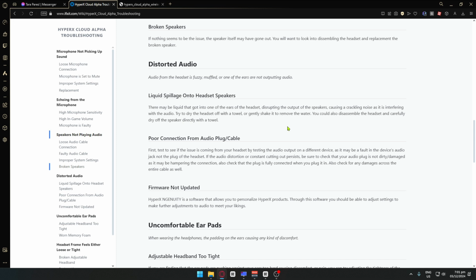Or you might have a poor connection from the audio plug or cable. First, you want to test to see if the issue is coming from your headset by testing the audio output on different devices, as it may be a fault in the device's audio jack, not the plug of the headset. If the audio distortion or constant cutting out persists, be sure to check that the audio plug